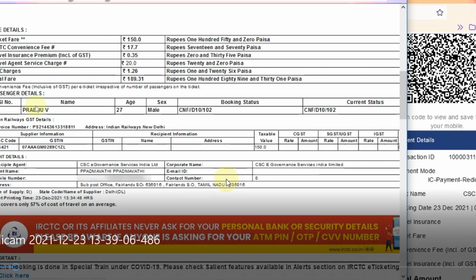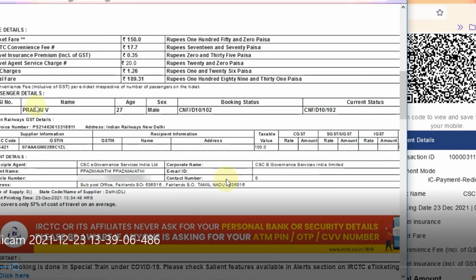Apart from the cash which has been deducted from the wallet, we will also need to collect an extra 20 rupees for the travel agent service charge and the PG charges, that is payment gateway charges, which is 1.8% of the total fare, which also needs to be collected from the user.